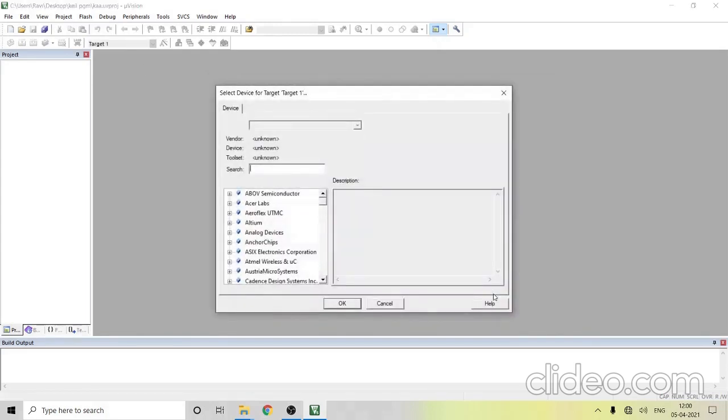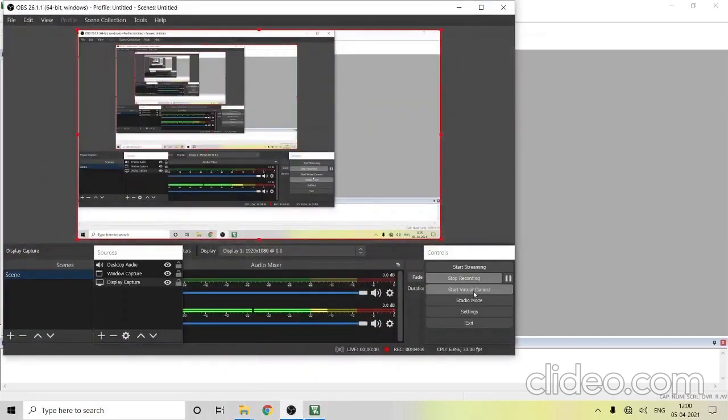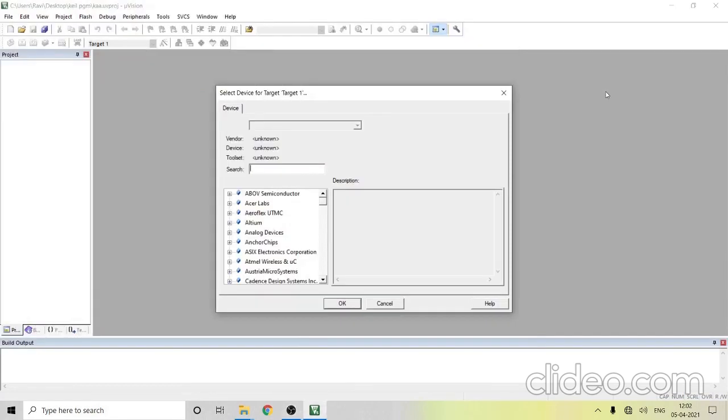Now we have to choose which microcontroller we have to program. Our microcontroller is Intel 8051. You can choose from the down arrow also.